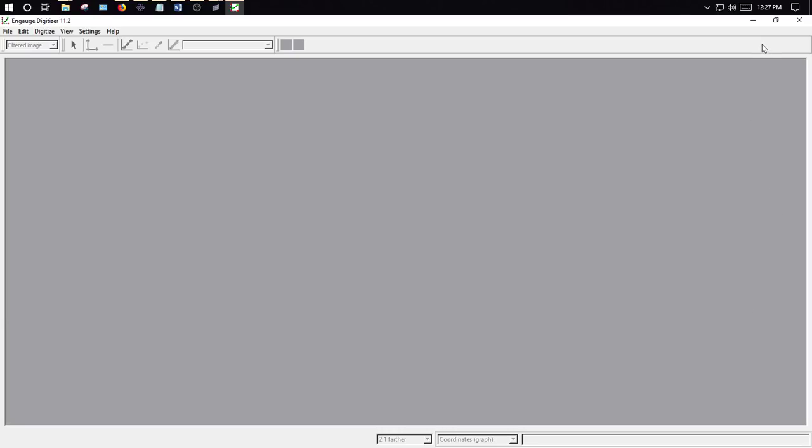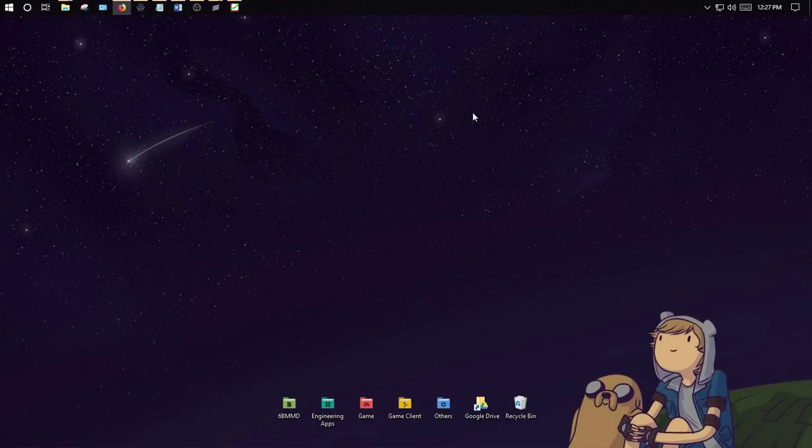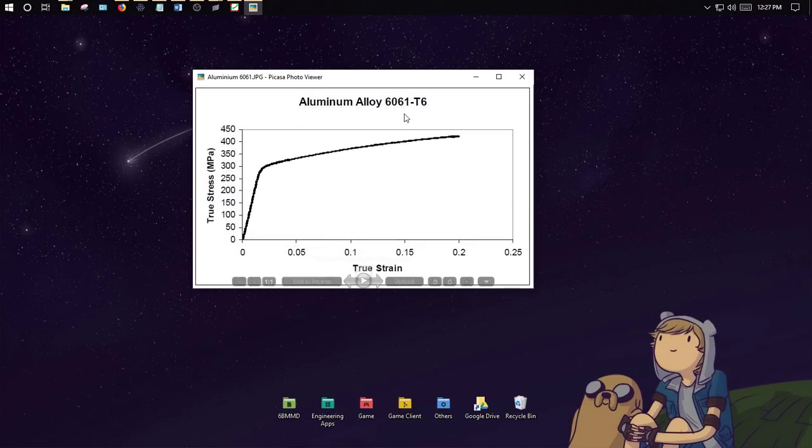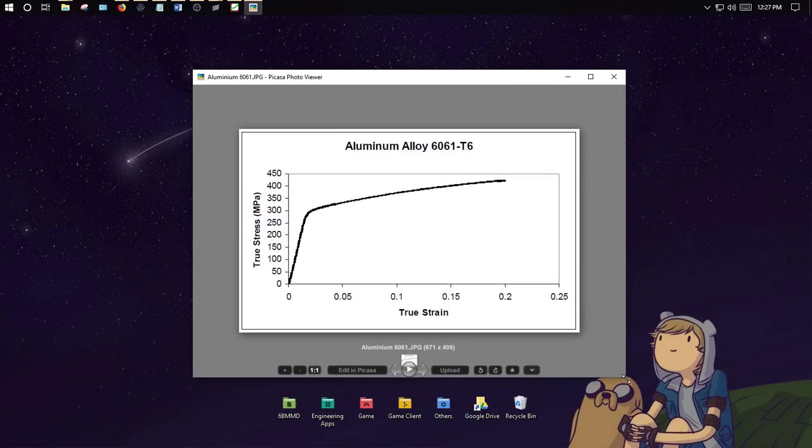But before you can start using the digitizer, you must have the material property, the true stress-strain diagram of the material that you chose. For this simulation, I have here aluminium alloy 6061 true stress and true strain diagram. This is the diagram that you want when you Google for your material. Find your material properties, look for the true stress diagram, and you can just screenshot the diagram and save